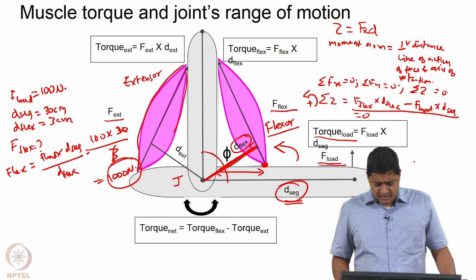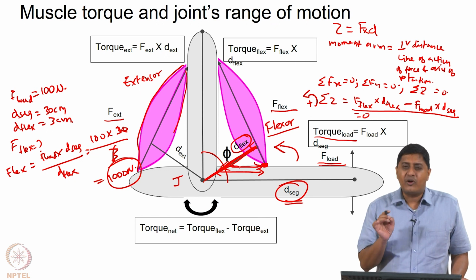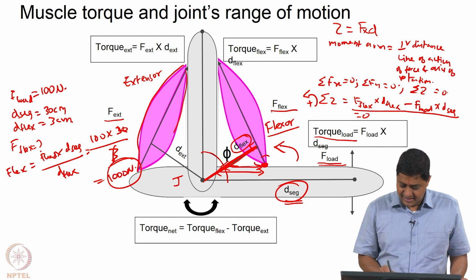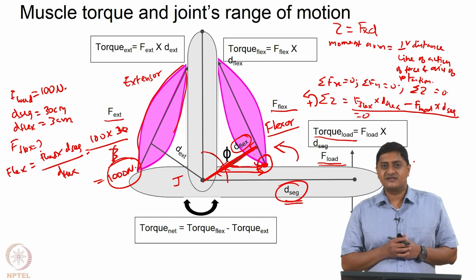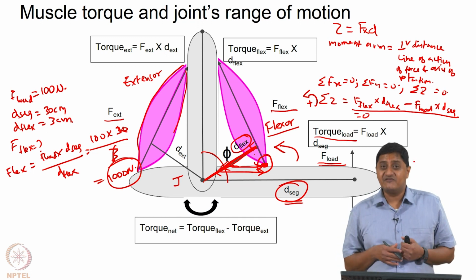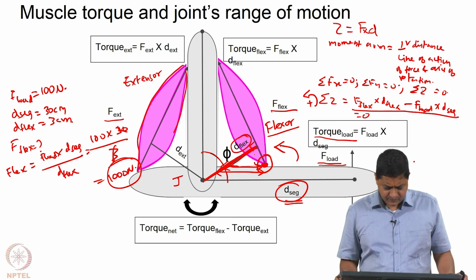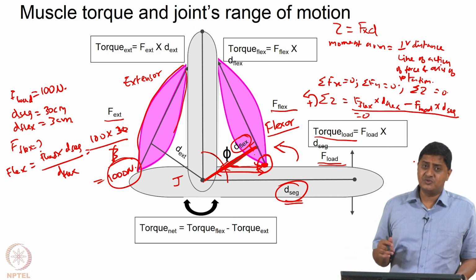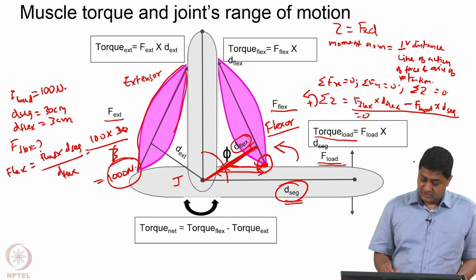Why is this? Well, obviously this is because this distance, or the point at which the muscle attaches, or the insertion, is closer to the axis of rotation or to the joint when compared with the load in this case, and this is usually the case in many such systems. So, usually the muscle force that needs to be produced is many times the actual load, right. So, that is because of small moment arms.